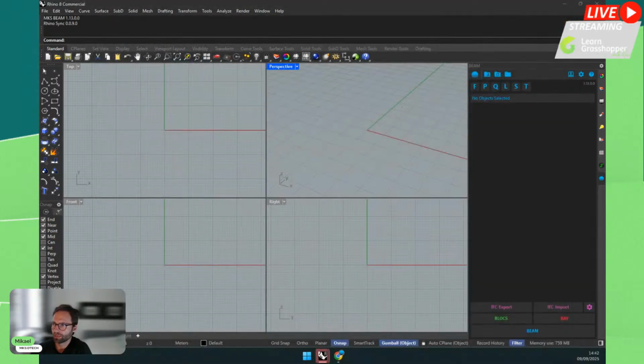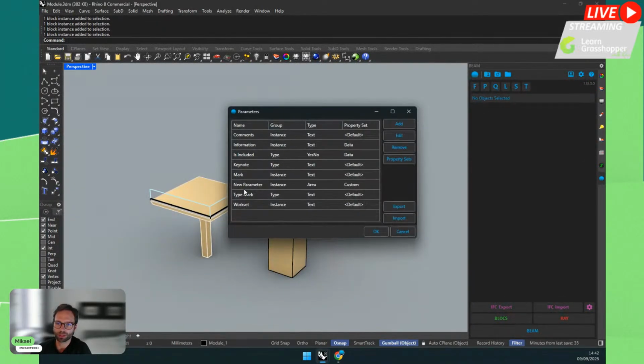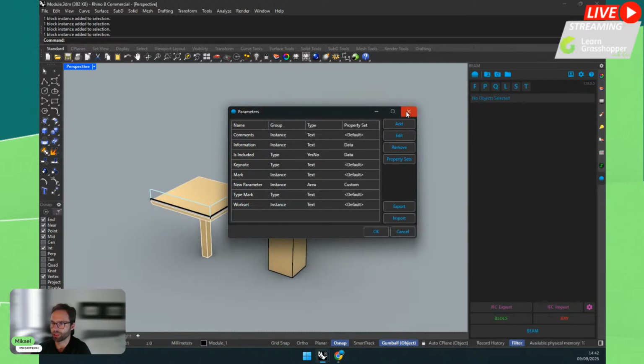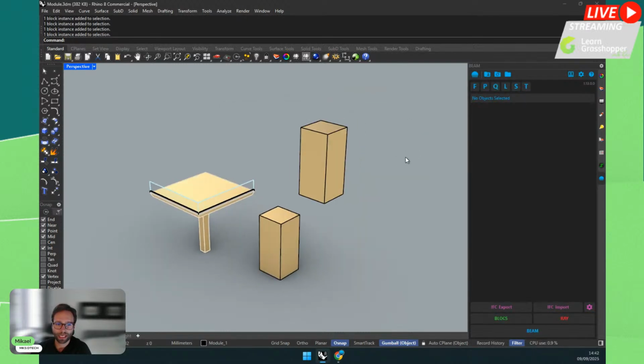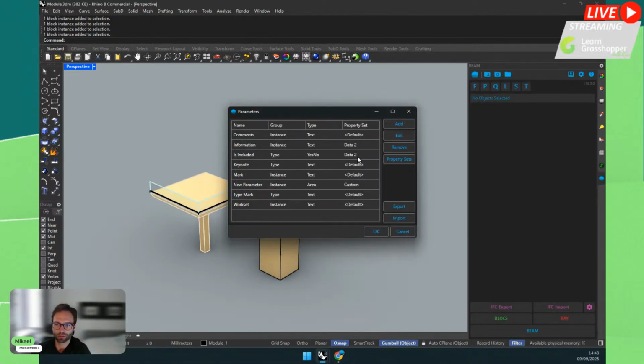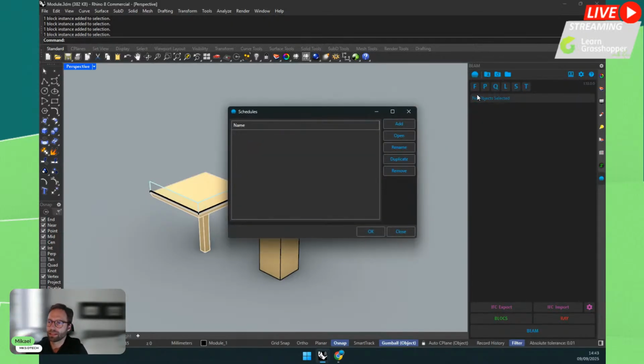So let's keep moving here. I'm not sure how many Rhinos I opened. Okay, another one. Perfect. So we have imported and exported parameters as we wanted. We can create them manually using the interface as we wish. Another nice addition that we have now is that, at any time, you can also rename the property sets. So you can go here and edit. If you make a typo, you can just change it, and at any point you can rename them. This is a new addition, and maybe we will see that a bit more in detail later.